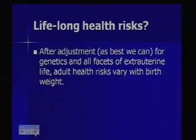How could that happen? I mean, once you're born, we're all created equal, right? So we all have a clean slate once we get out of the womb, out of the room of the womb. But basically, what this evidence sums up to is that as best as epidemiologists and biostatisticians can try to adjust mathematically, with confounding and all of the biostatistical methods, to the best of our ability, once we try to correct for or adjust for everything that we do after we're born, plus our genes insofar as they're reflected in